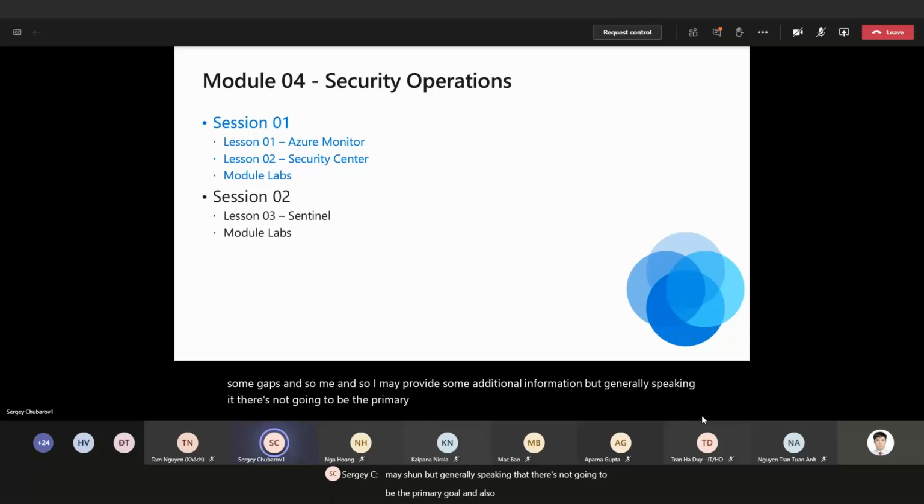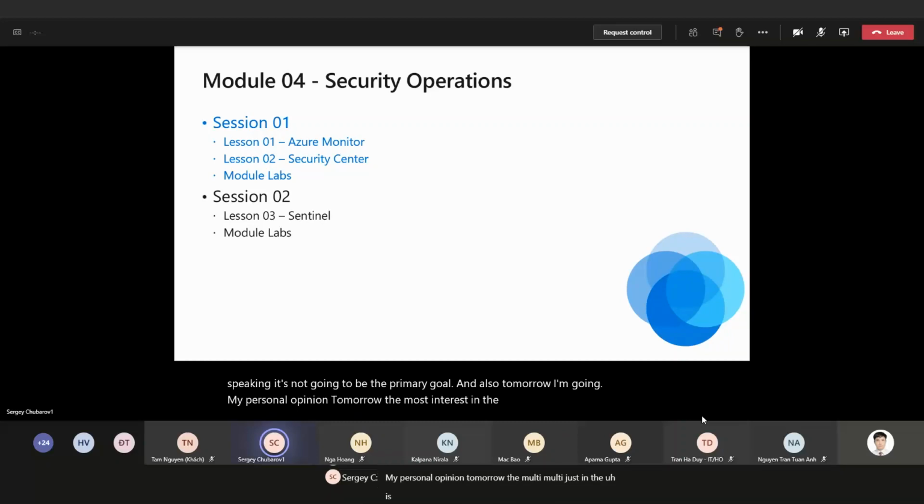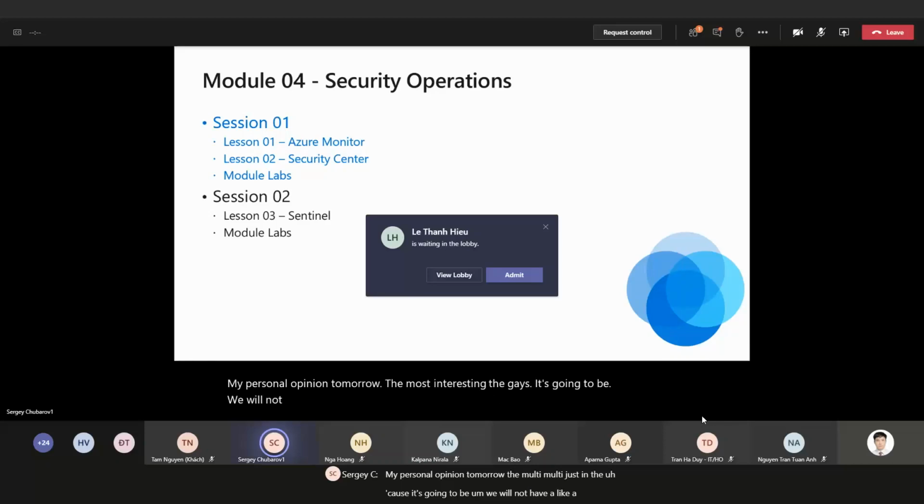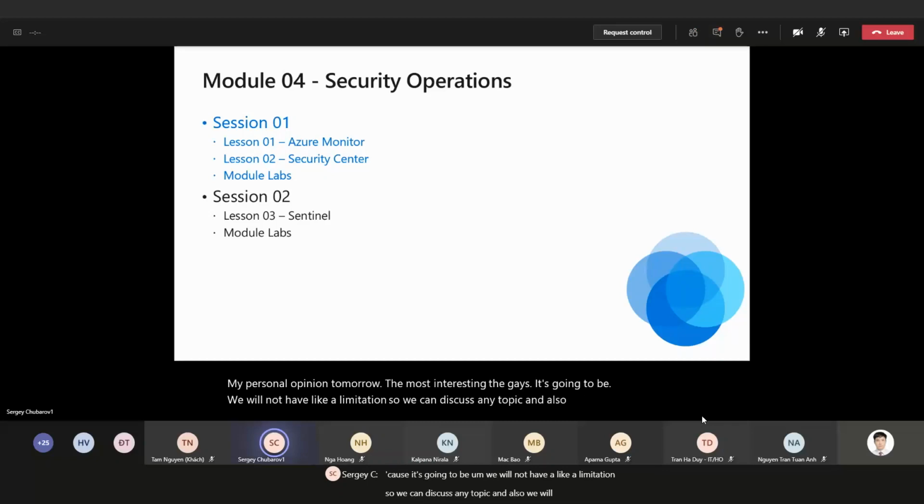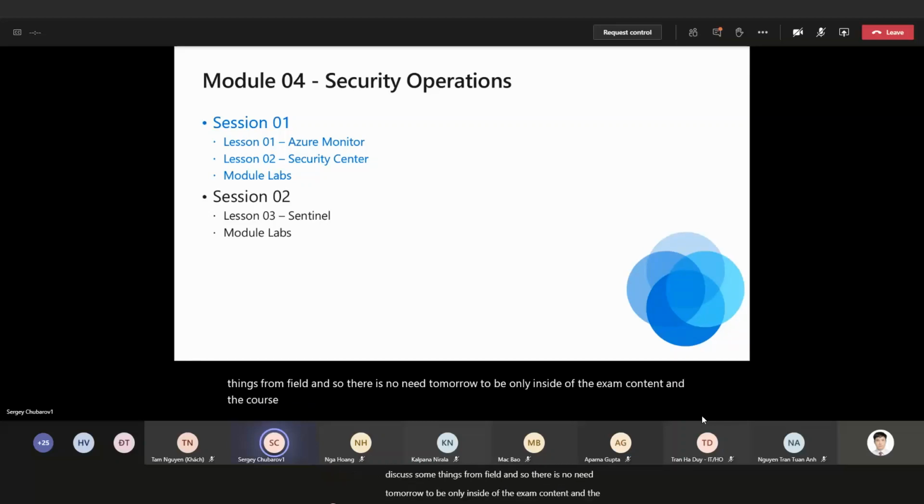And also tomorrow, in my personal opinion, is the most interesting day because we will not have a limitation, so we can discuss any topic, and also we will discuss some things from the field. So there's no need tomorrow to be only inside of the exam content and the course content. It will be more flexible. I'm going to show you some penetration testing things, and also, most important, we will